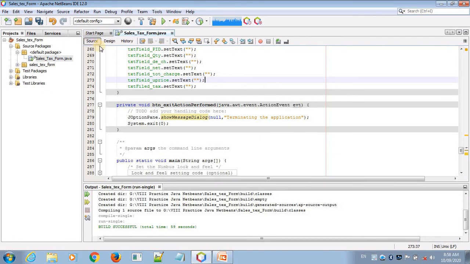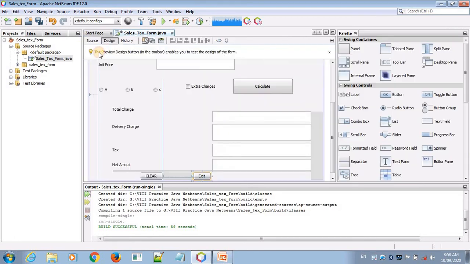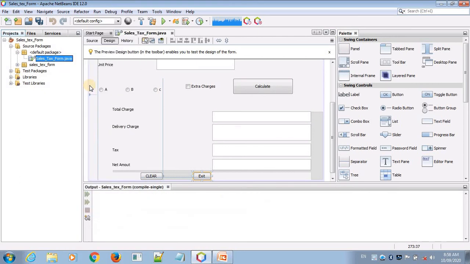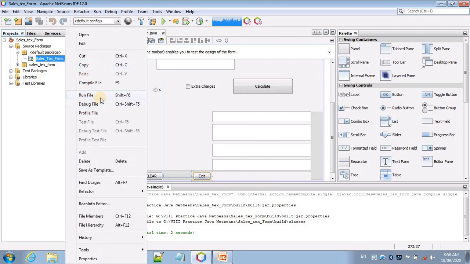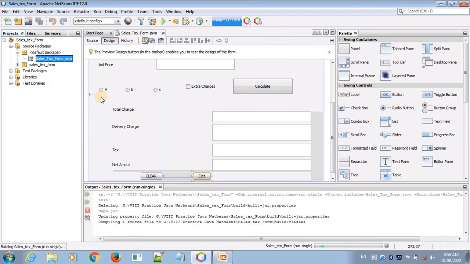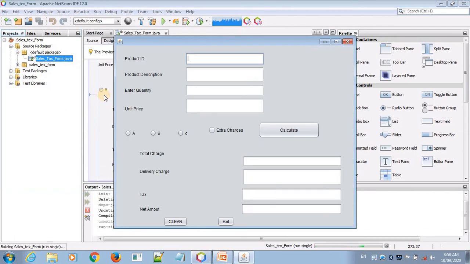Now we are testing our code by compiling and executing it. Right click and first compile. We built successfully, there is no error, and then click to run the file. So I am putting here product ID like 12, designation sales, quantity 5, and unit size 100.